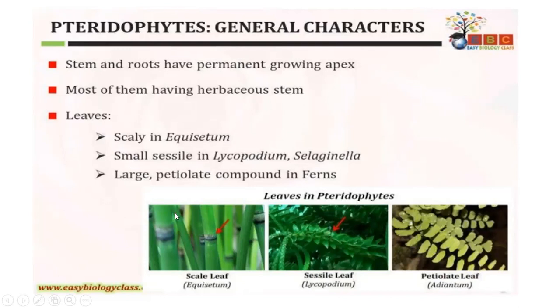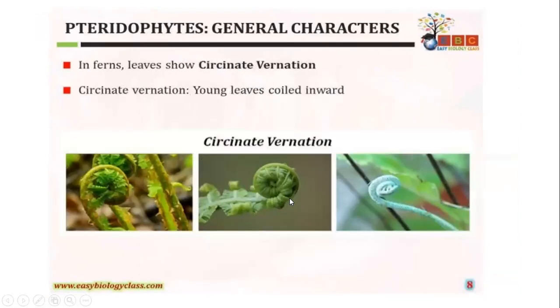So the leaves of the Pteridophyta are either sessile or small, as in Lycopodium and Selaginella, whereas they may have a large petiole as in Adiantum and the larger fern plants. And one more important point is that in the larger pteridophytes, the plant is identified by the leaf. The characteristic feature of identifying the Pteridophyta plant is with the help of the leaf. So leaves play an important role, and they also show circinate